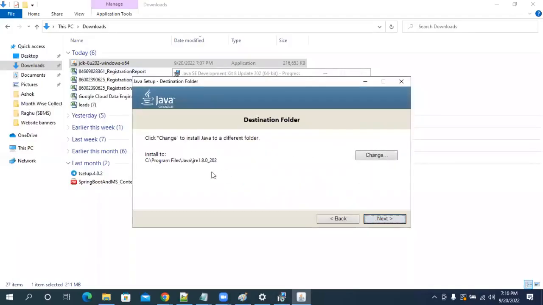Now, guys, can you see that? Can you read it? Earlier, Java was installed. Now again, it is installing JRE. We will come to that. When I install Java, two things are installed. Click on next.